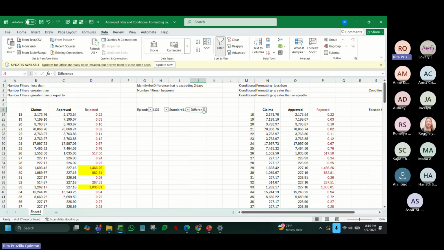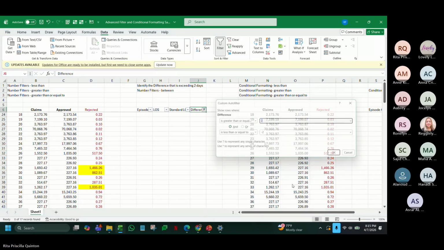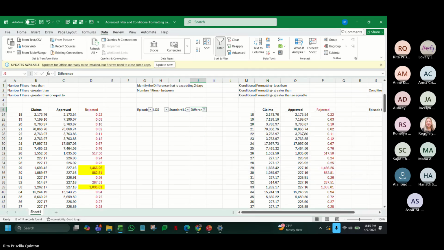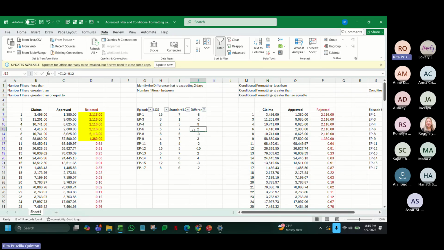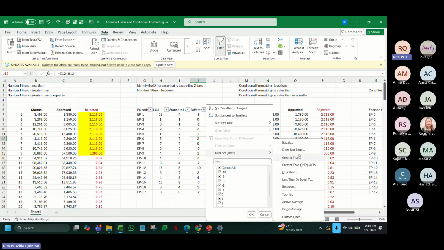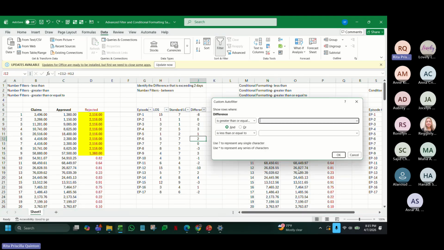Everything did not show. Or, sorry, it should be or. Sorry, I will do that again to avoid confusion. Number filters, between, greater than 2 or less than 2.